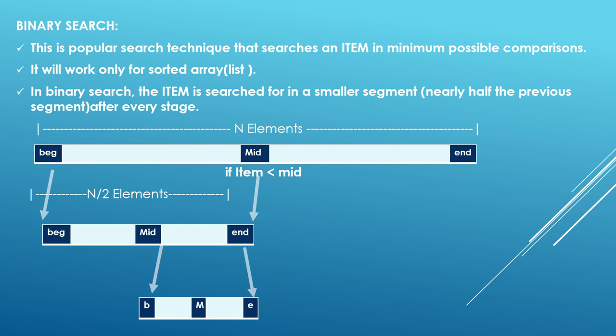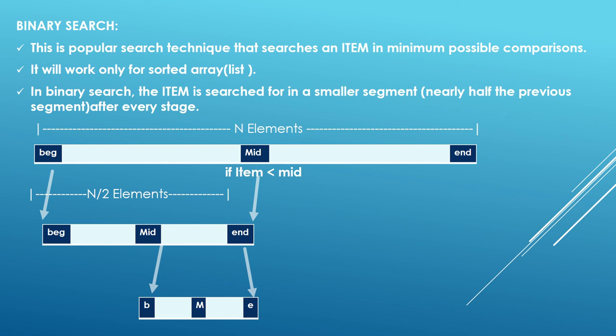So to avoid that problem, there is a solution called binary search. What do you mean by binary? From the name itself you will be able to understand. Bi means two. In binary search, I am going to divide my list of elements into two, and check whether the element is present in the first half or in the second half. If it is present in the first half, I will proceed my search only in the first half. If it is present in the second half, I will proceed in the second half only.